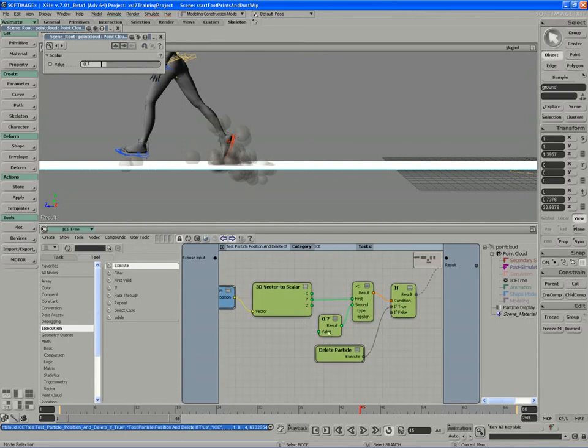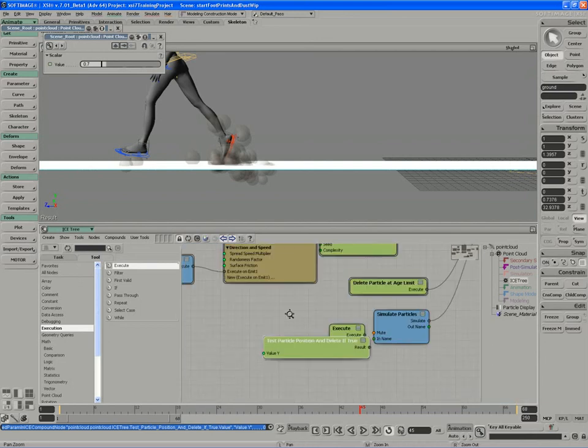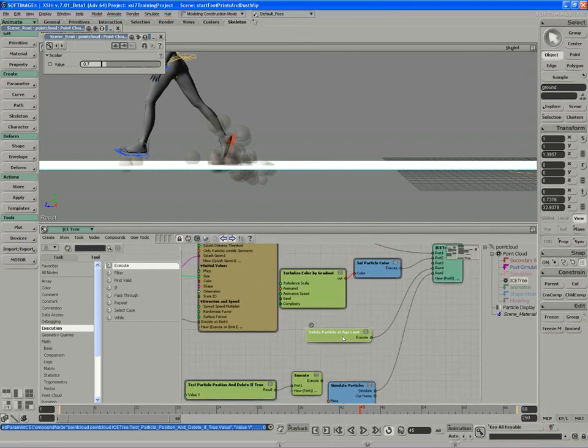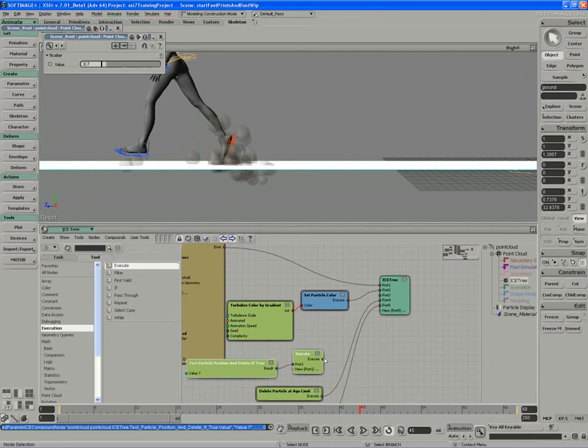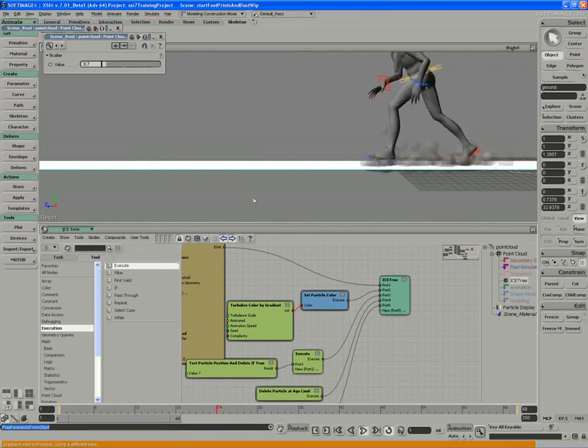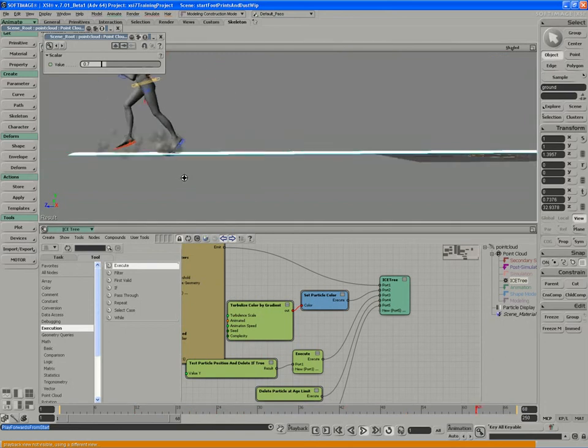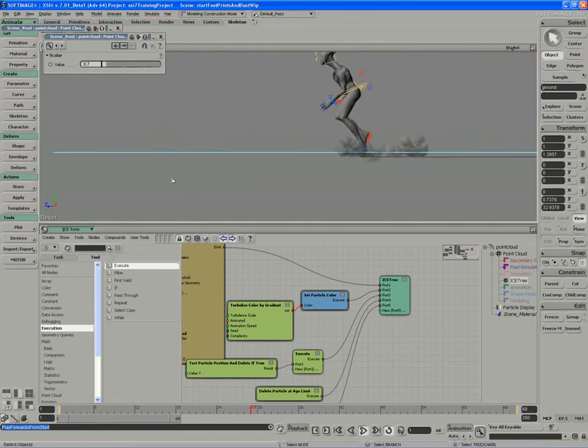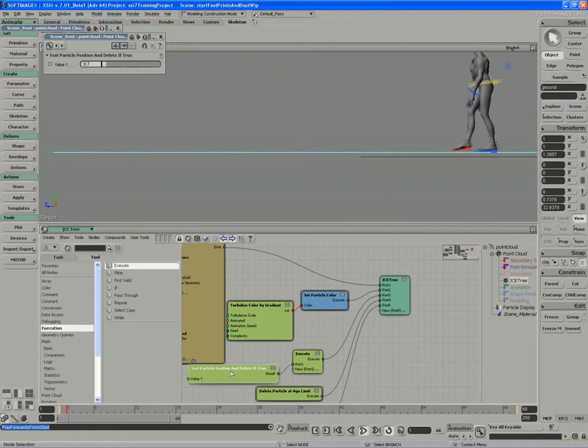In my case, I would want to be able to adjust the value that I'm evaluating, 0.7, so I'm going to expose that input, and we'll call this value y. I'll close that down. So we have our y value exposed, and now I can take this little mini compound and plug it into port 3 of my ICE graph. Now if I hit play, these particles are being culled out before they hit a position that's a little too low. If I adjust that y position,